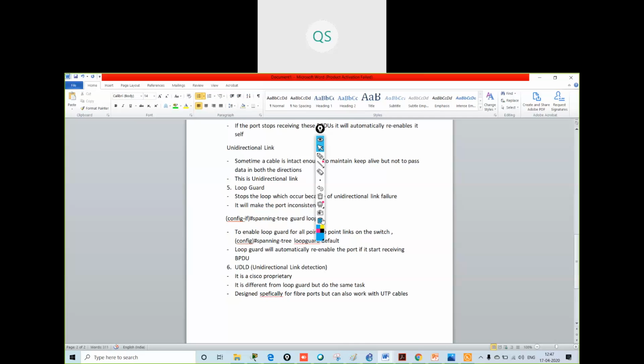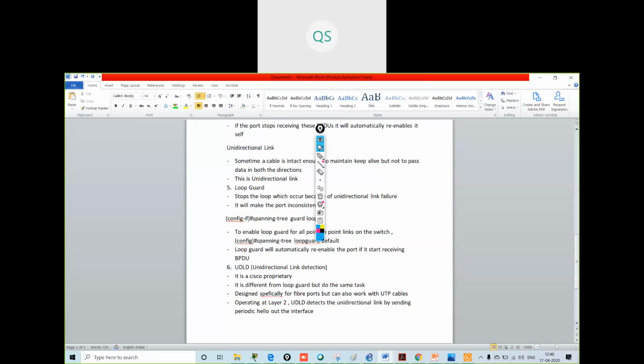Okay, how does it work? Operating at layer 2, UDLD detects the unidirectional link by sending periodic hello packets out the interface.